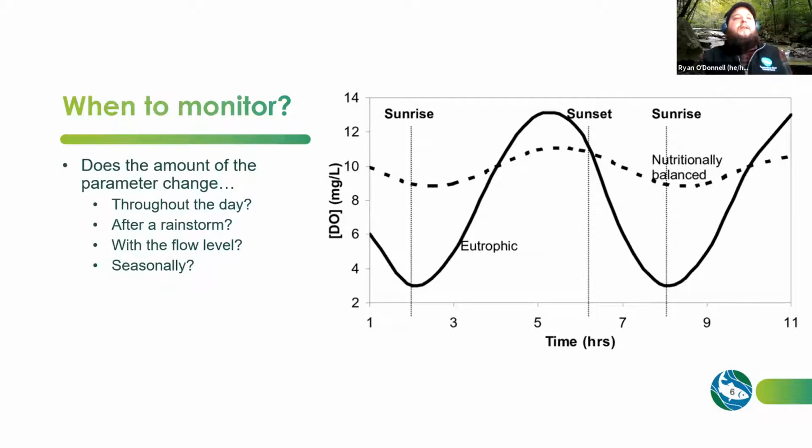So you would pick when you want to monitor based on things that you need to know about the parameter. And then also there's some other things to take into consideration, like holding times. So for bacteria, for example, we often test in the morning, and there's kind of a tight window. We have 6 hours from when the sample's taken to when it needs to be at the lab, so that